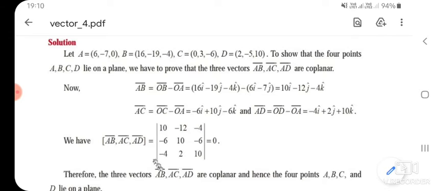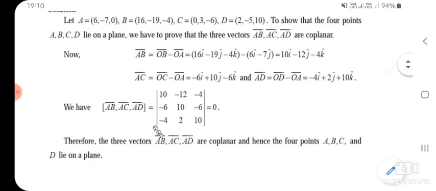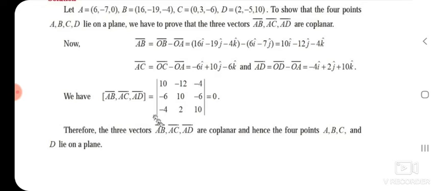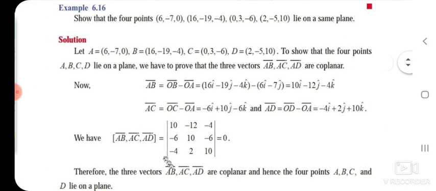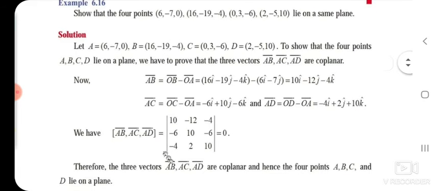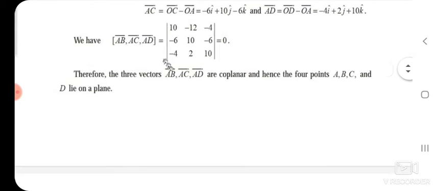If we solve that determinant, finally we will get the scalar triple product equal to 0. It means what? Therefore, the three vectors, vector AB, vector AC and vector AD are coplanar. Hence, all the 4 points A, B, C and D lie on a plane. Okay. By using the scalar triple product, we can show that three vectors are coplanar if the determinant is 0. Okay. Next,